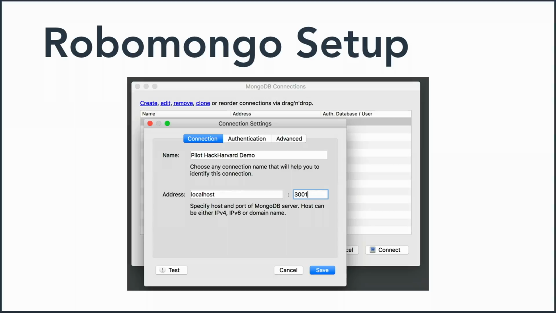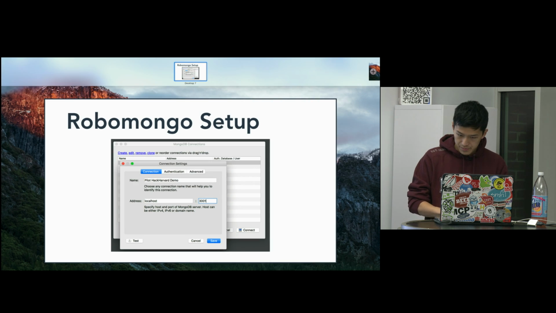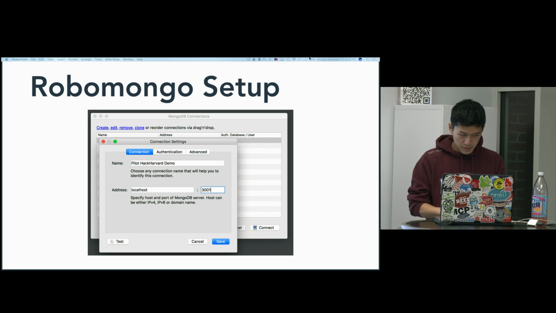Now let's get started with some actual work on making our application run. Assuming that you've downloaded the zip from the GitHub repository, one of the instructions on that repository is to potentially download a software called RoboMongo. RoboMongo is a graphic user interface that allows you to interact with the MongoDB database instance that runs every time a Meteor application is created. And what that means is, when you download RoboMongo, which is at this link,